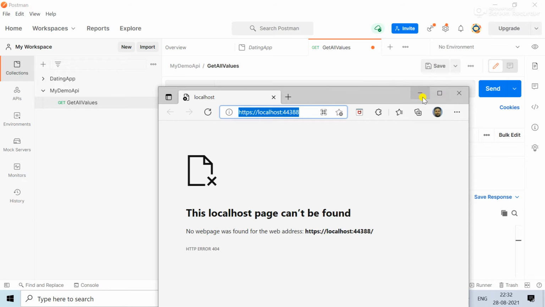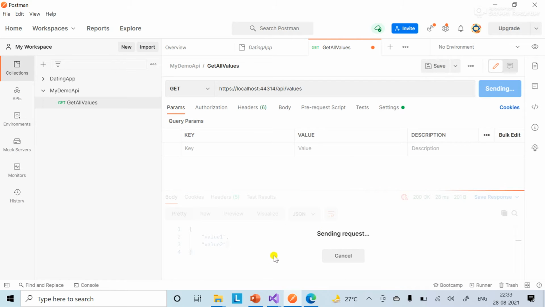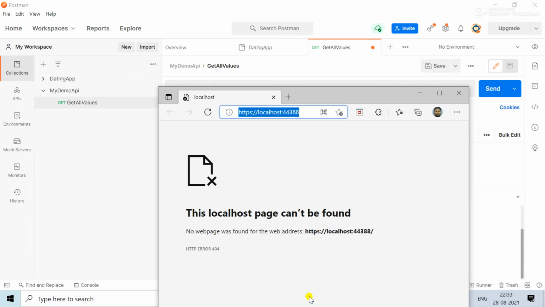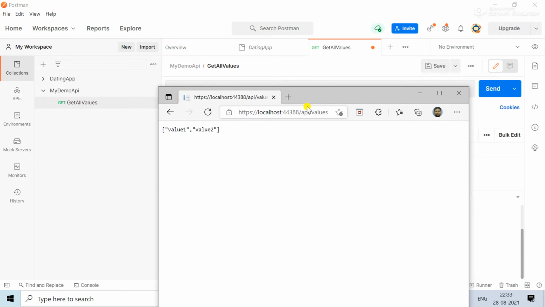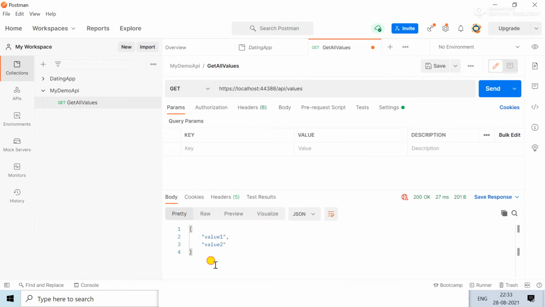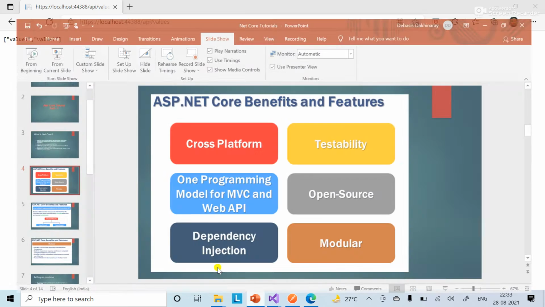So let me go ahead and send the request: /api/values. So copy this, paste here and send it. Yes, I'm getting it.